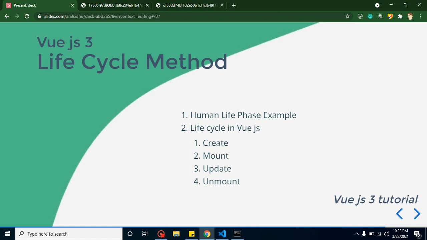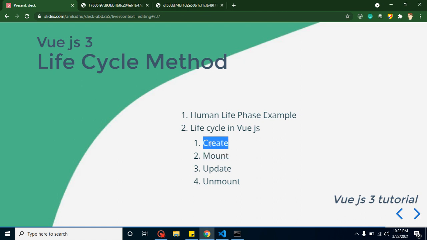So we just got to know that every component has four life cycle phases: create, mount, update and unmount. But where are they actually used? Update and unmount can be understood easily, but there is a little bit of confusion between create and mount. You can easily understand that a component is created, but what is the meaning of mounted?